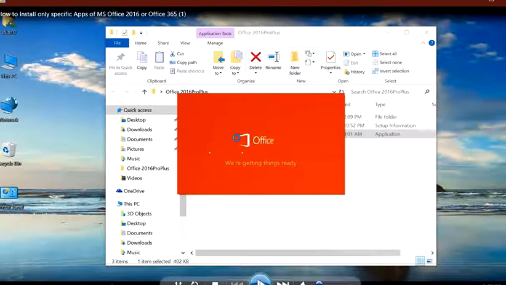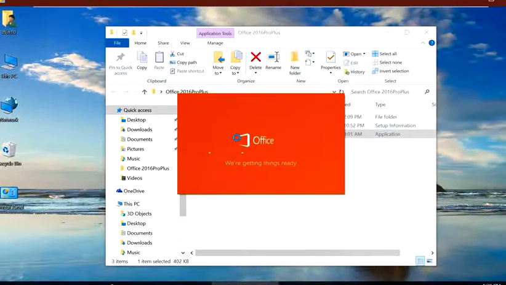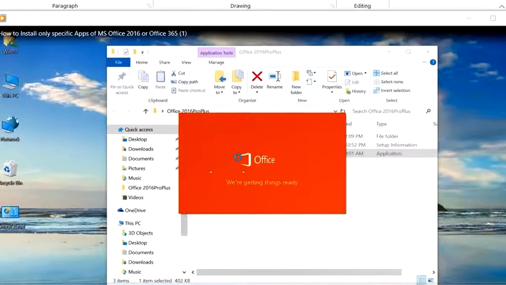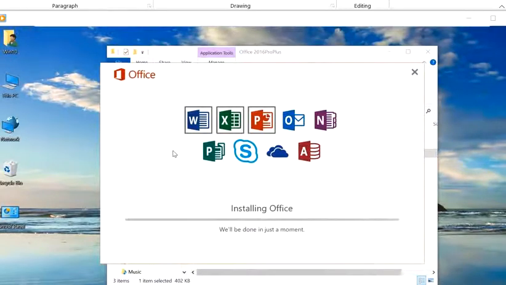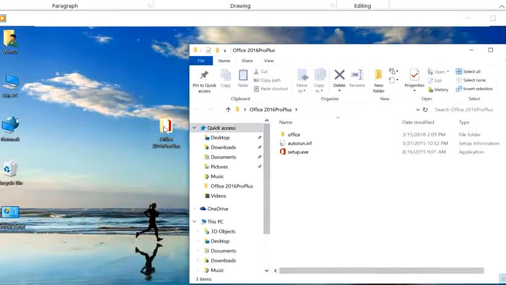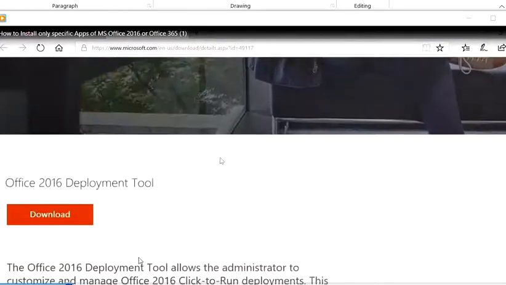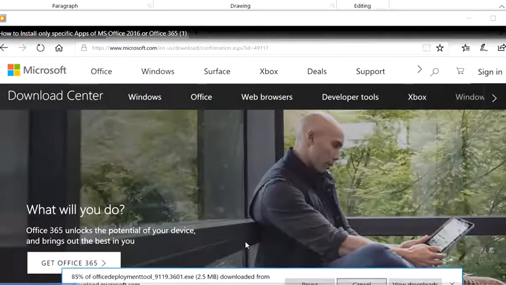Okay, so first of all, see the installation of this. So for installation of the Office program and the components in your PC, you have to first of all go into this link, and you have to download the Office 2016.